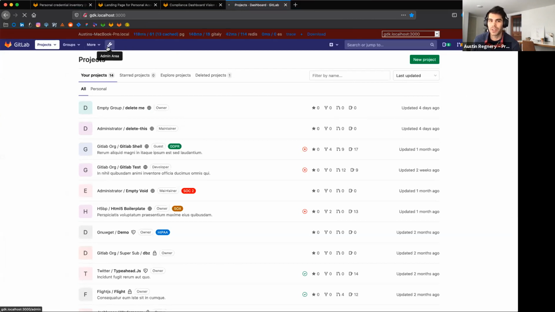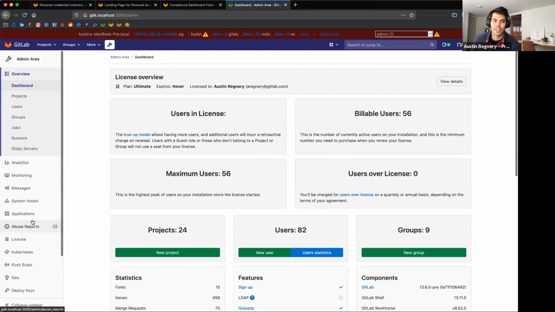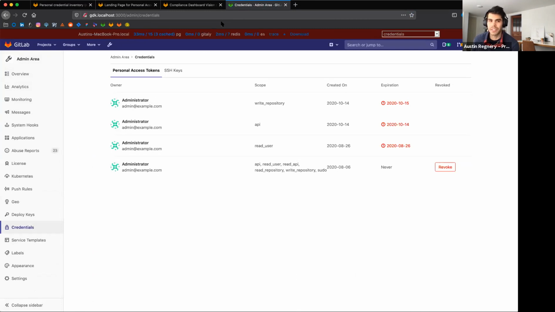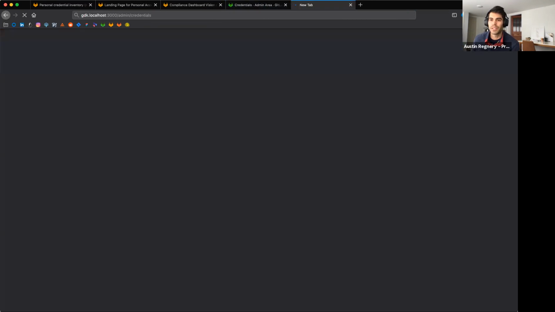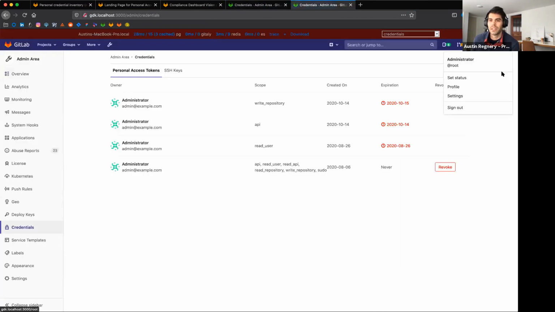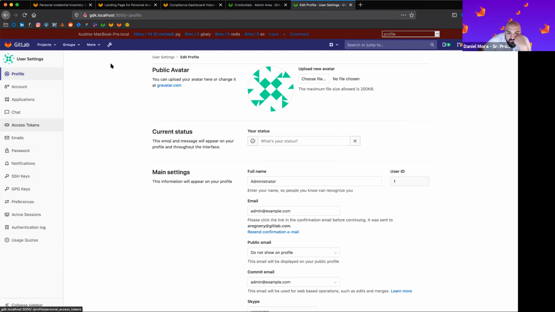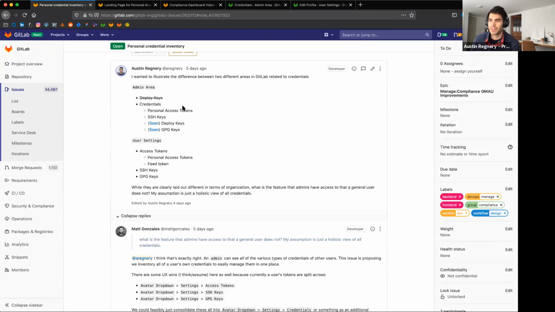I think the person going in here and managing their credentials and deploy keys ultimately has a different task than the person going into their user settings and accessing their different keys from here. Which to me is like, why blindly copy one or the other?